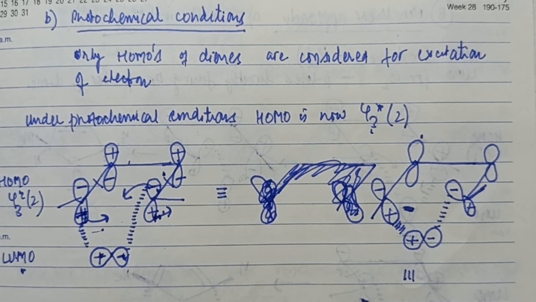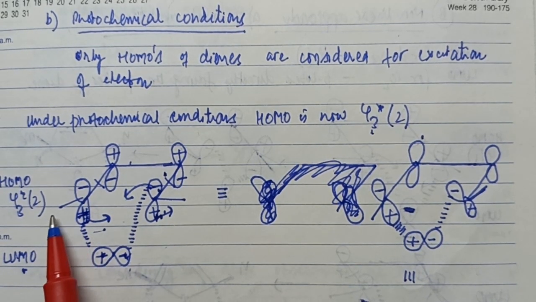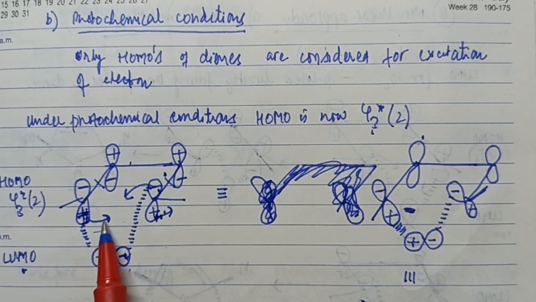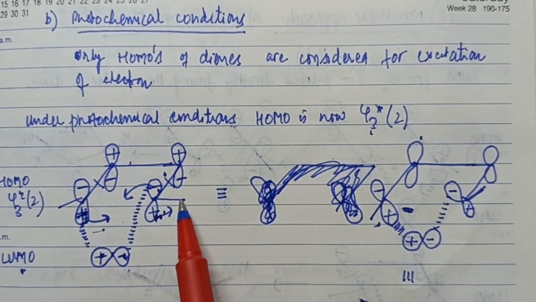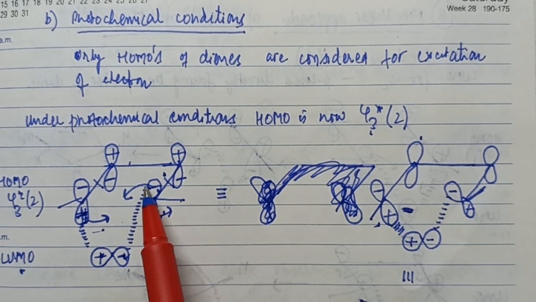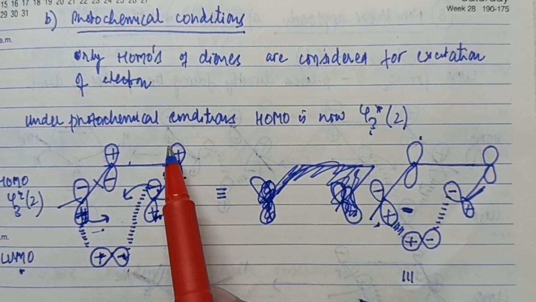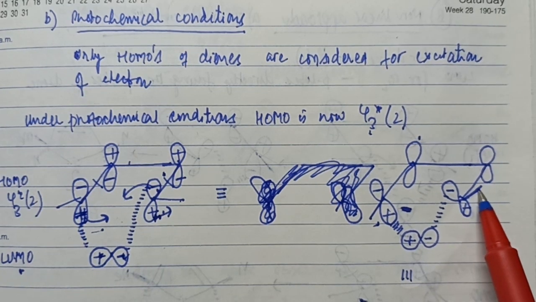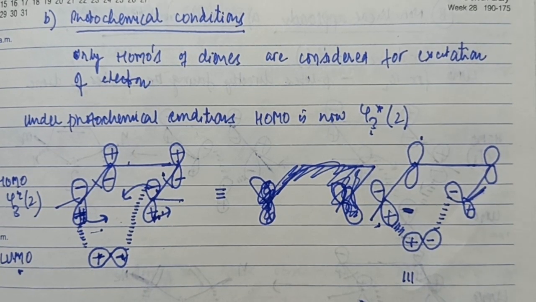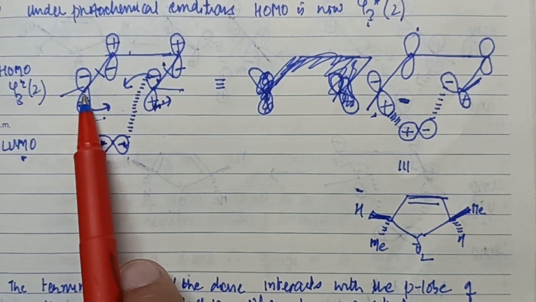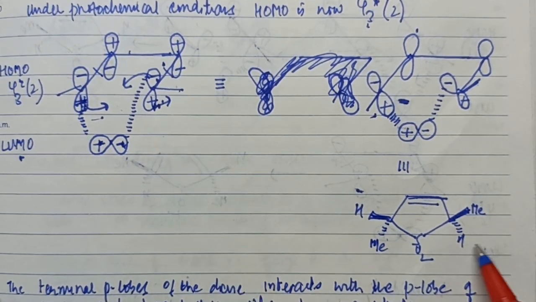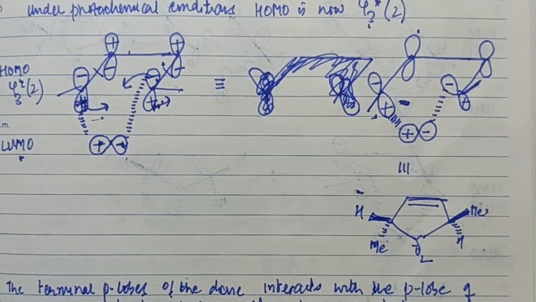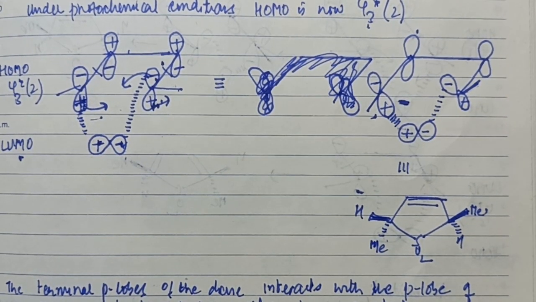And as you can see, if it is a conrotatory process, following the methyl with the motion of the lobe, if this lobe is moving in this direction, methyl is supposed to go down. If this lobe is moving in this direction, this methyl will follow and will go up. Therefore, in the product, corresponding to the first carbon atom here, this methyl is going down. Corresponding to this carbon atom here, this methyl is going up. Hence, under photochemical conditions, we see a different result as far as the heliotropic reactions are concerned as compared to the thermal conditions.